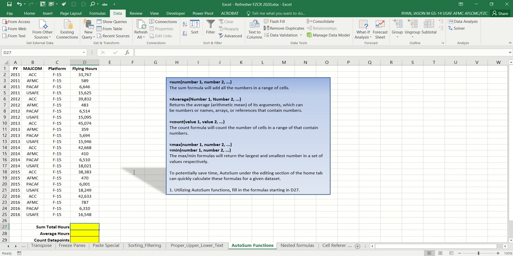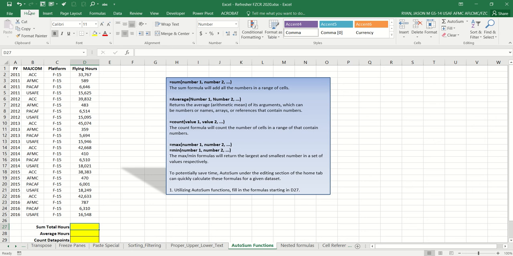So we're going to start out using column D, the flying hours, and we're going to sum them. We could use the sum formula and just type in equals sum and highlight the range of cells we want to add. A quick way we can also do this, we can go up to the Home tab and use AutoSum. And we want to click on the cell where we want the sum to happen. So all the way up to the right, under the editing box,